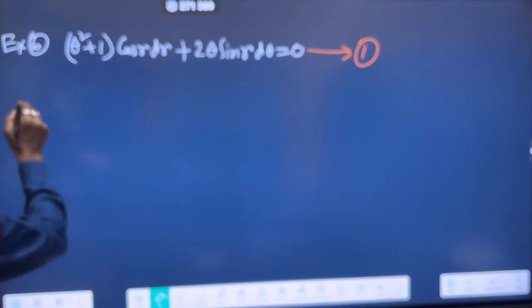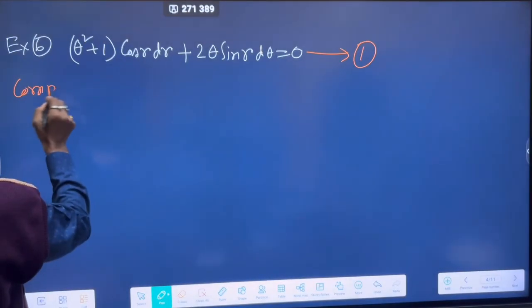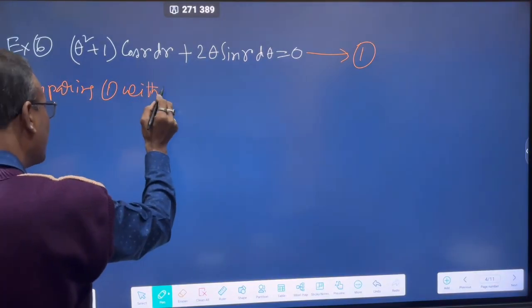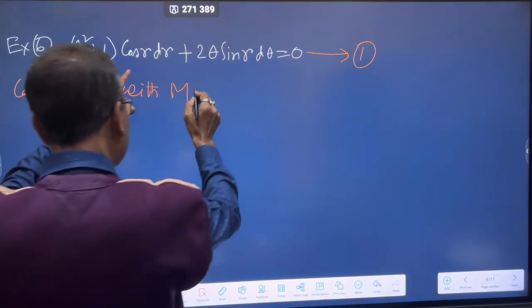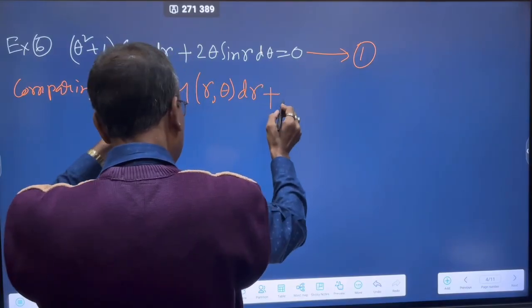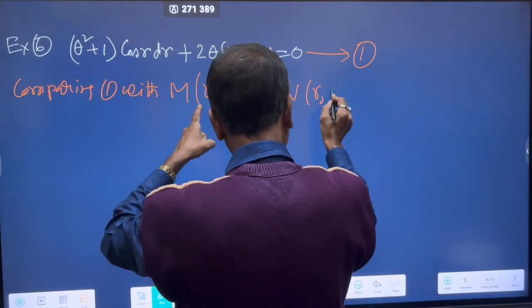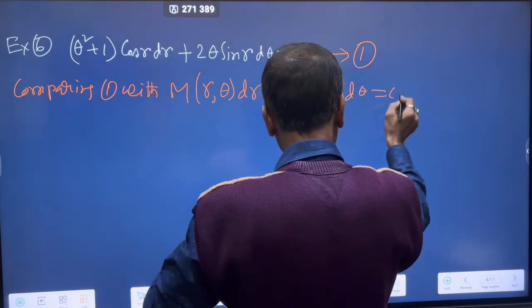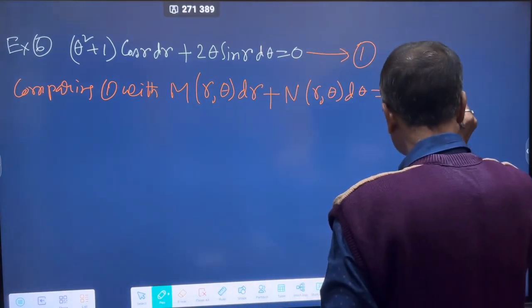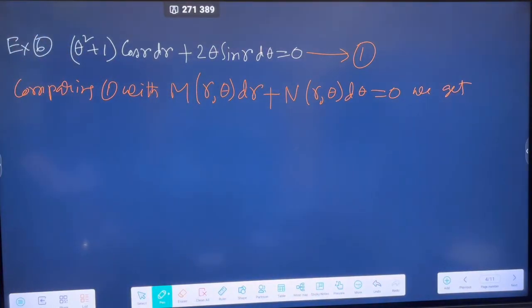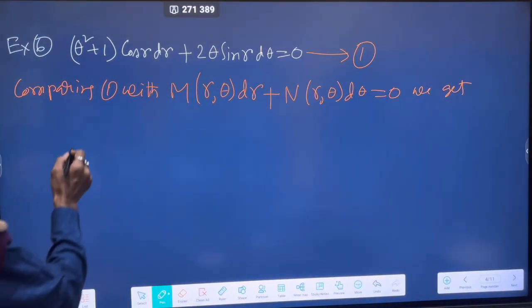Comparing 1 with M dr plus N dθ equal to 0, we get